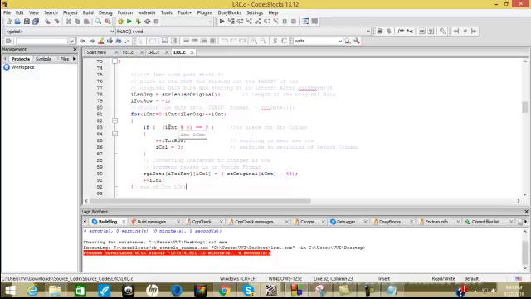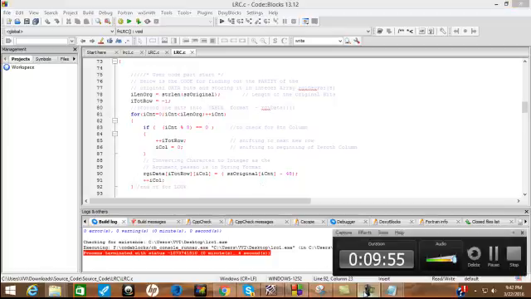So first we divide it by 8 and see if the remainder is 0. So once the count goes from 7 to 8, you see that it will branch to the next row. So the first 7 elements are stored in this, and then it goes to the next row. So this is the first part of the code.